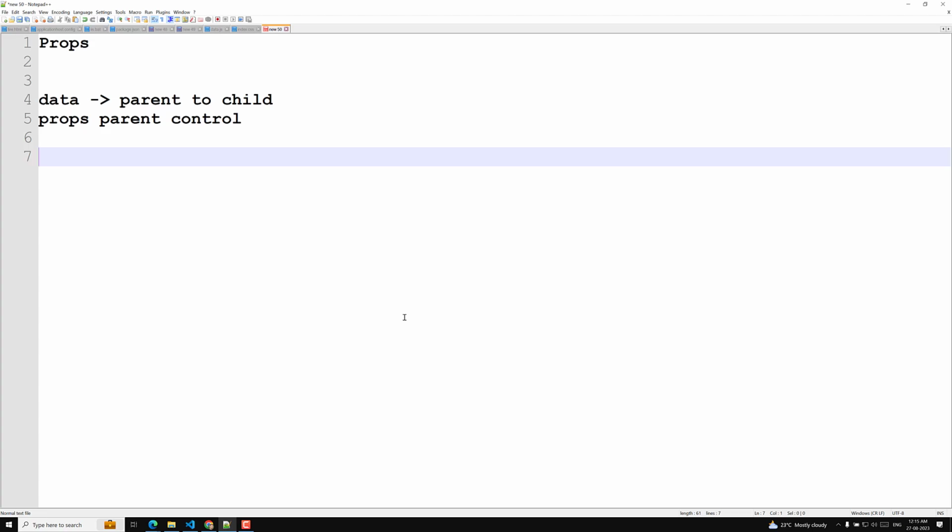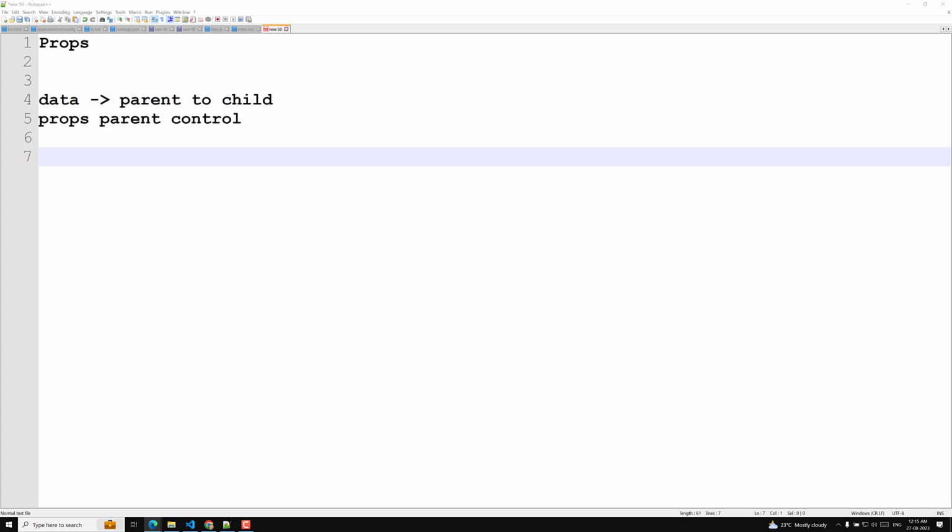So this is the thing which I would want to discuss with you. The props are used to pass the data from the parent to child component. Any data we can pass it, like single values, arrays, objects, anything you can pass it. So this is one thing. And another thing which I want to discuss with you is